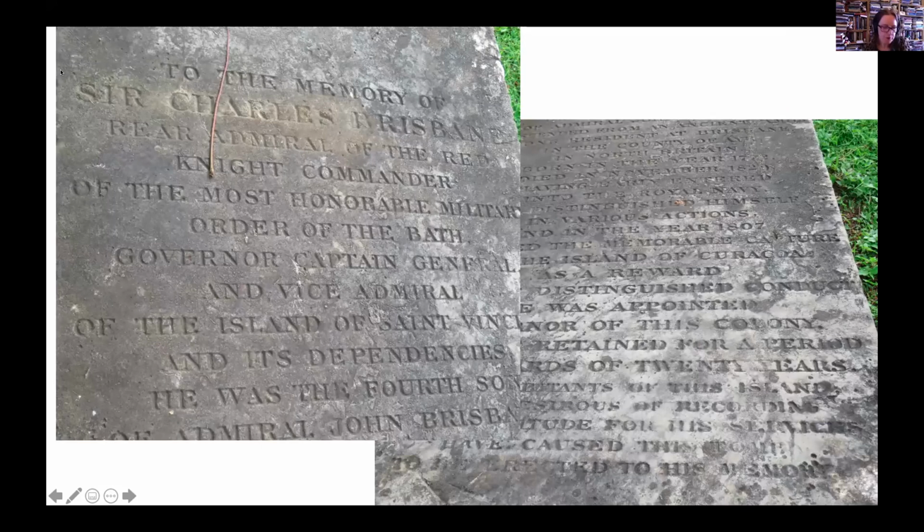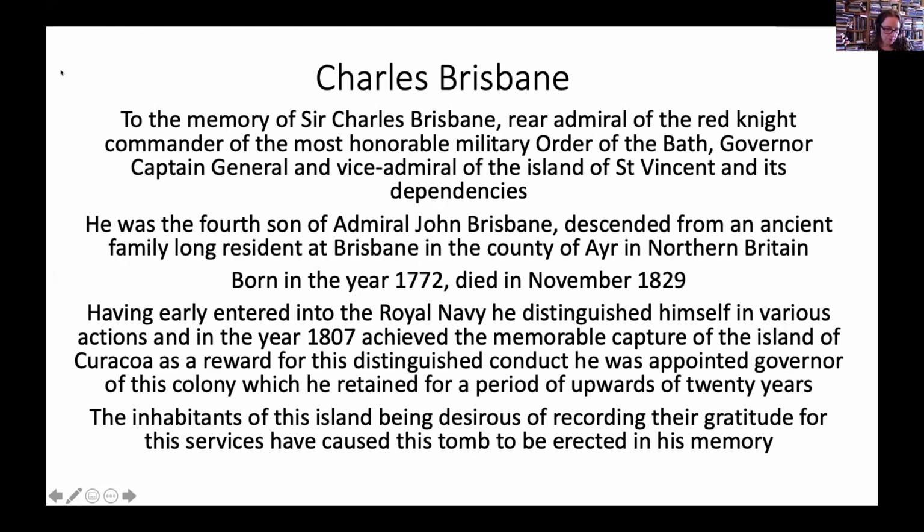The last of the memorials in the graveyard that this talk covers is that to Sir Charles Brisbane. He's buried outside the church beneath a table tomb with a fully inscribed memorial slab. Interestingly, the words incised on the outside memorial are identical to the memorial located inside the cathedral. Brisbane, therefore, is memorialised twice in the same location. The wording on his memorial is typical of the era, effectively all of the big achievements of his life displayed for all to see, and I will read it just in case